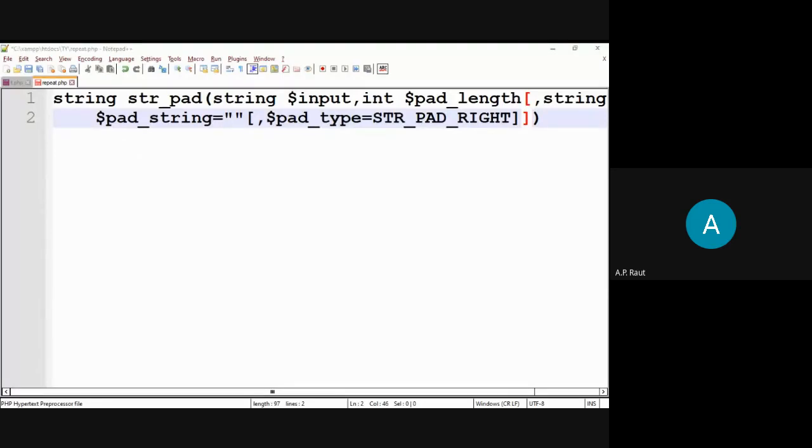Next line. If the optional argument pad underscore string is not supplied, the input is padded with spaces.